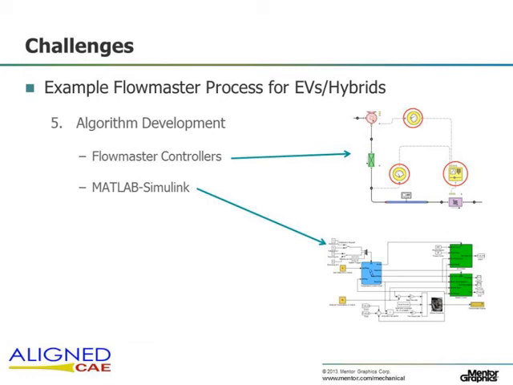What the FlowMaster controller does is take inputs from regions of the system in the form of a gauge. A gauge can measure variables such as temperature, pressure, refrigerant quality, etc. Then you can write an algorithm embedded inside of the controller that interprets that data, and that data then becomes an input to another component. So based on, say, head pressure, we can vary compressor speed or condenser fan speed